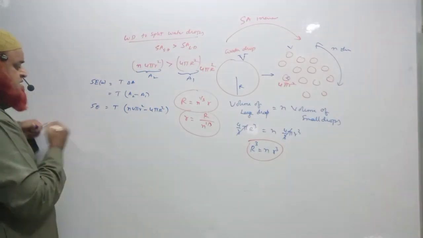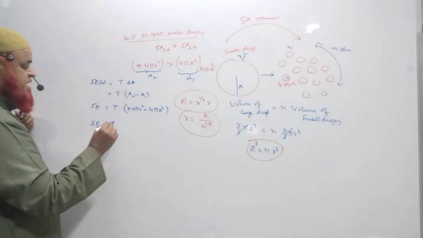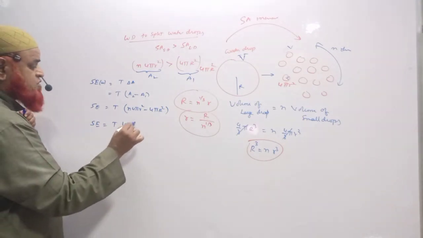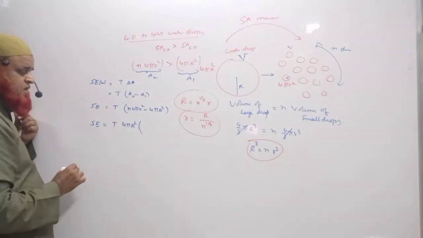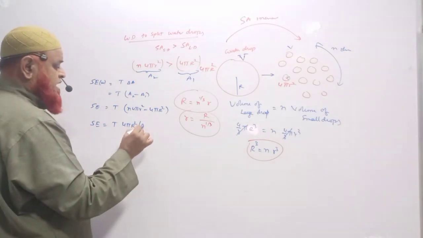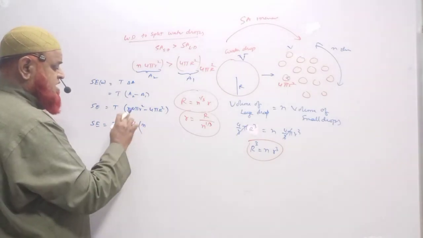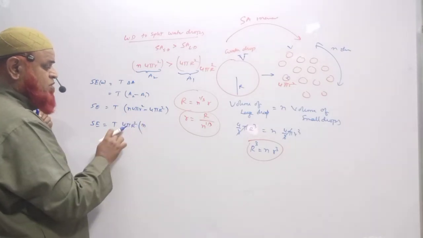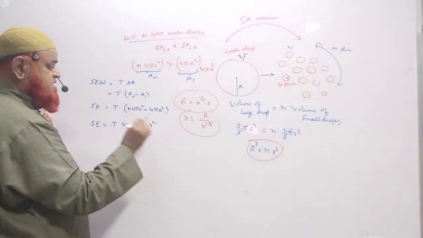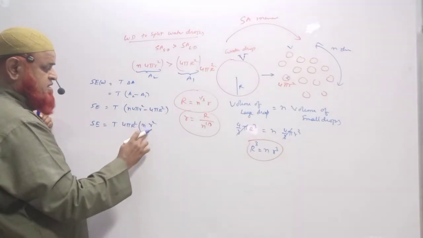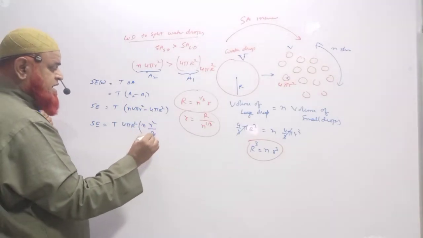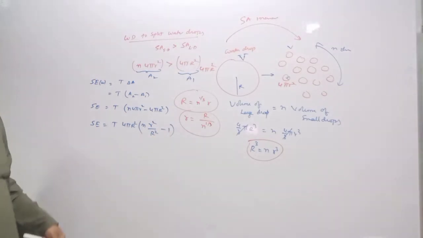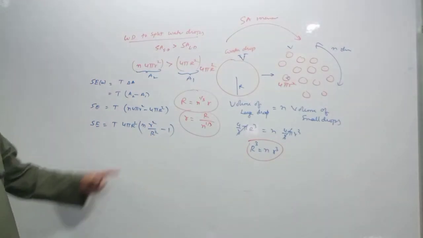Now, here surface energy can be taken as T, you write like that only, and 4 pi capital R square if you common out. What are you going to get now? So n, you keep like that only. 4 pi is common, r square is already present here, divided by capital R square, minus 1. Is it okay?